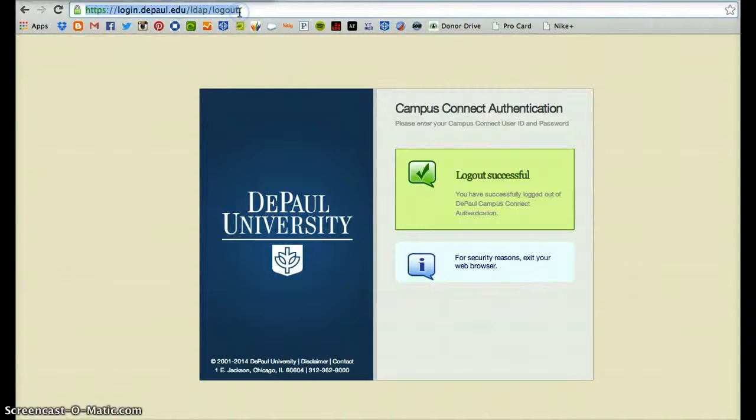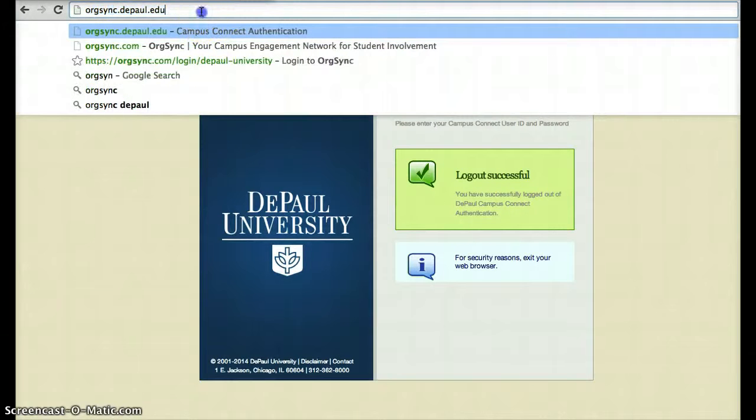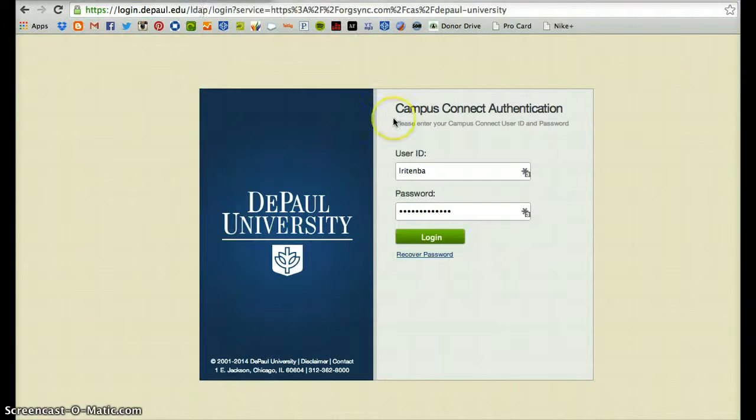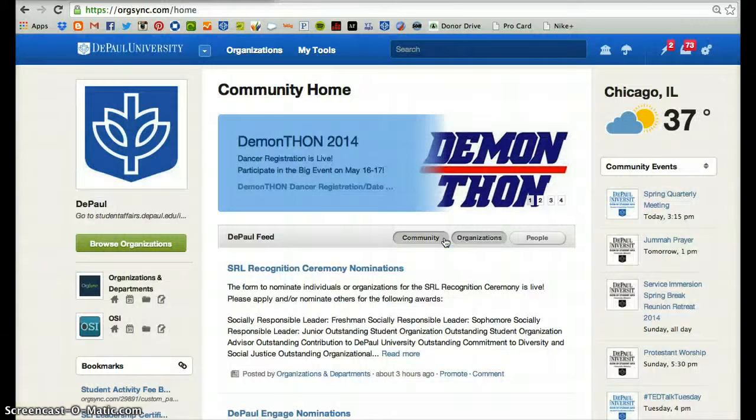You can create an event on OrgSync by logging on to orgsync.depaul.edu. It will ask you for your Campus Connect authentication, so enter your user ID and your password. Click to log in and it will bring you right to the OrgSync homepage. From there, you can take a look at upcoming community events that are already in existence,